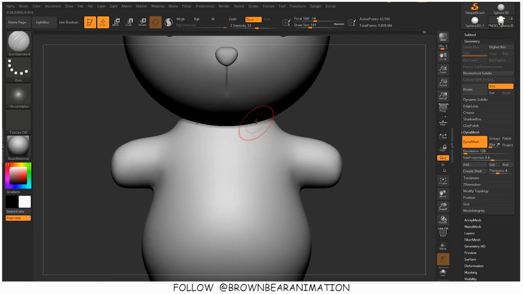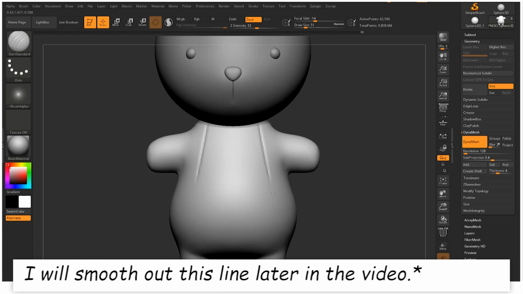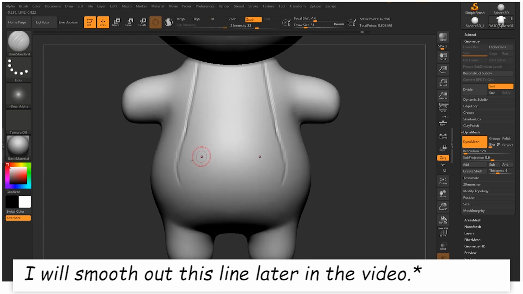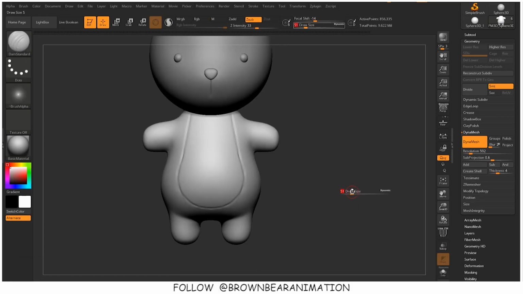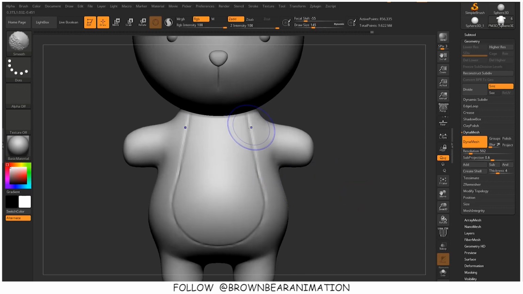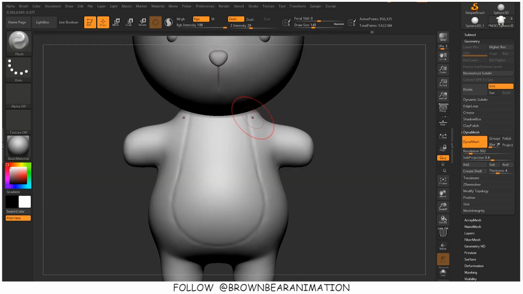Then again it is Dam Standard brush. I'm using it for the design, the stomach design of the bunny. It is there in my reference, so I'm just putting it there. I don't know if there is a part like this and how it should look properly. So I have used Dam Standard to curve out the lines.